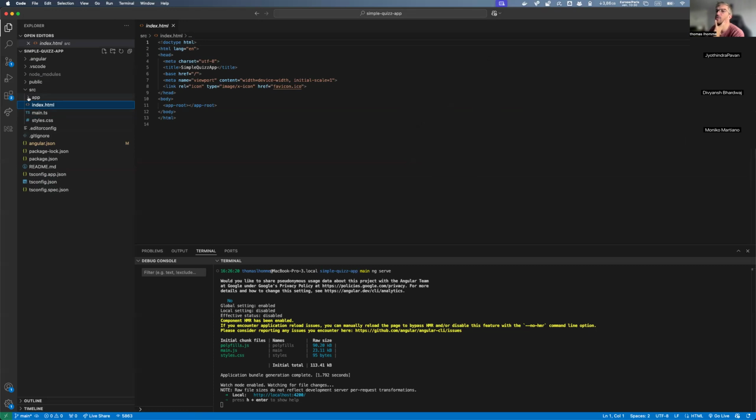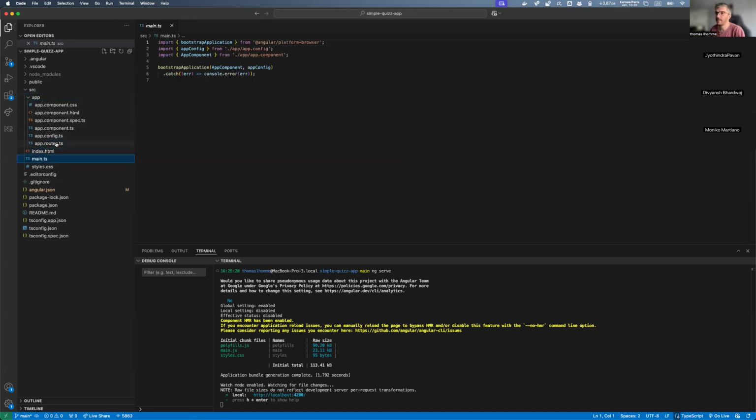In this app folder, it can be quite confusing at the beginning because we have many files, right? But just keep in mind that this file plus this file are basically here because you created a new project. This is the configuration of your whole application. You don't have any other app config in the app. This is the only one. And the routes file is for when we do some navigation. That's not something we will do at our level right now. So what is important for us are the remaining 4 files here.